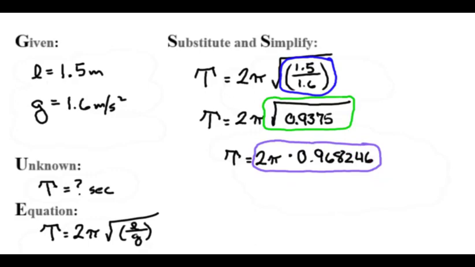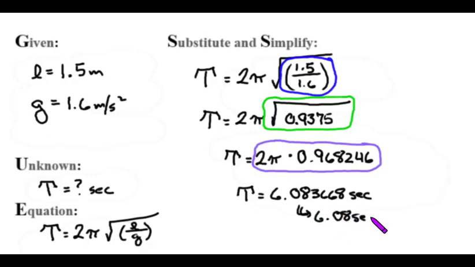Then I'll do this math. Six point 0.83668 seconds. 6.08 seconds. But this is the period